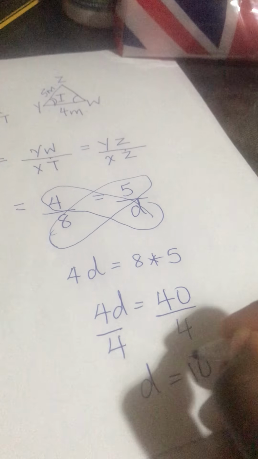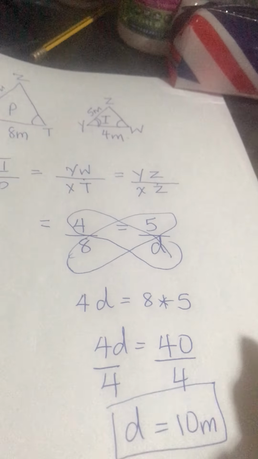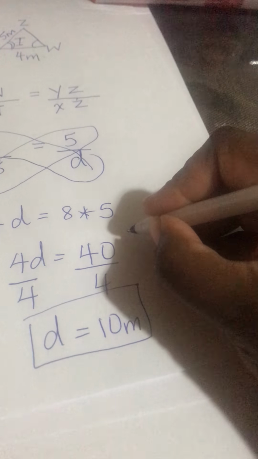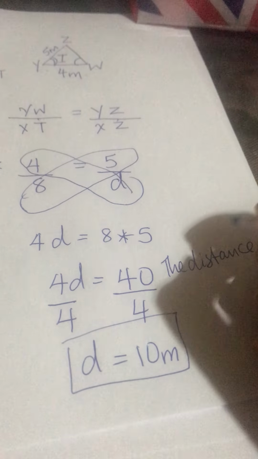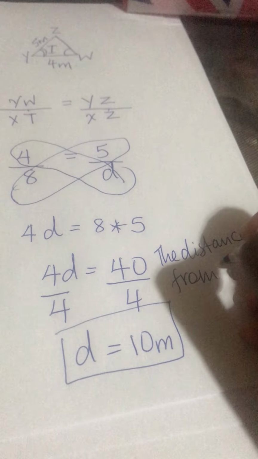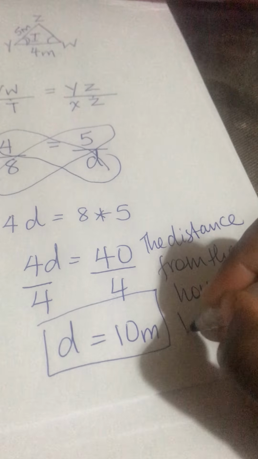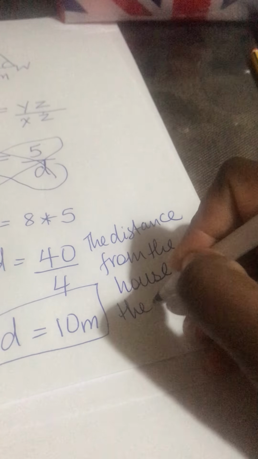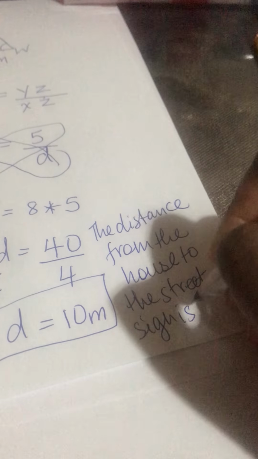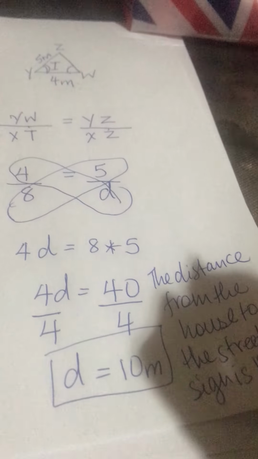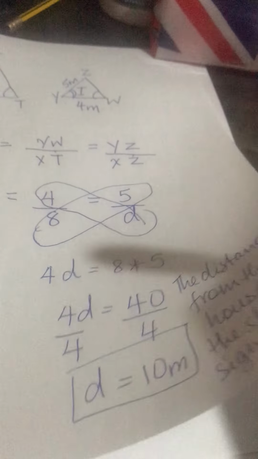D equals 10 meters. Then you answer this in a complete sentence. The distance from the house to the street sign is 10 meters. Okay? So make sure